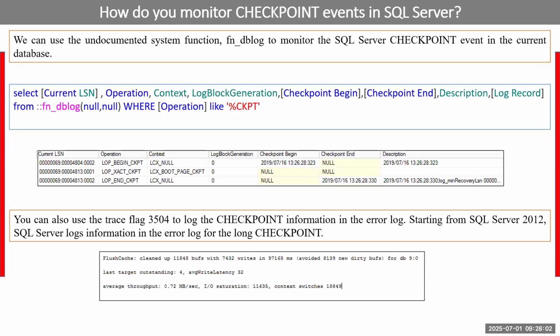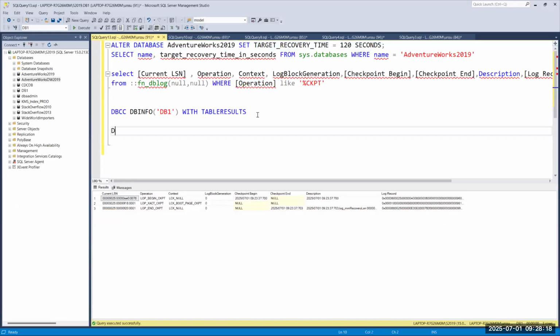And one more thing, sir. For example, if you want to see when a checkpoint got triggered and how many pages it flushed, then you can enable the trace flag 3504. DBCC TRACEON 3504, comma -1. Trace on. And if you enable it,